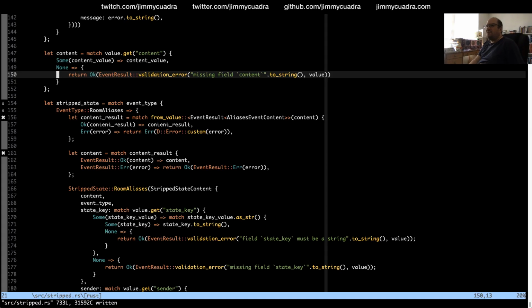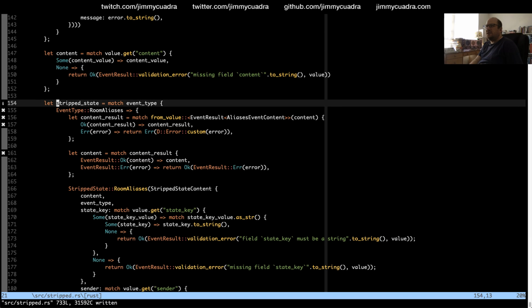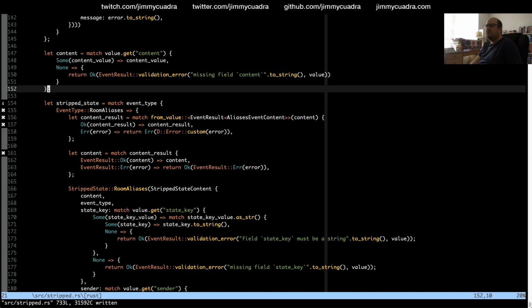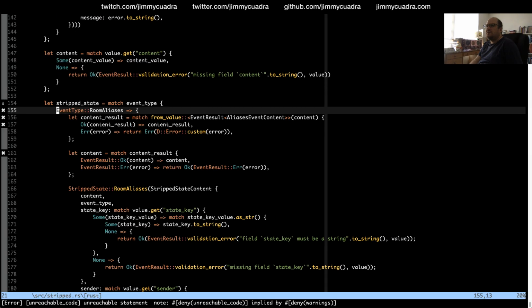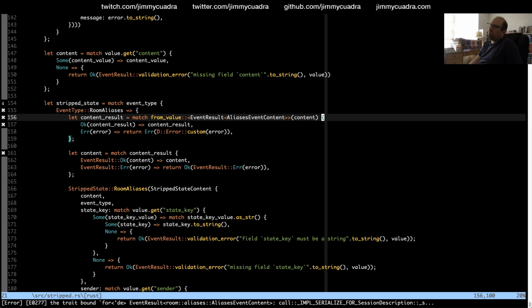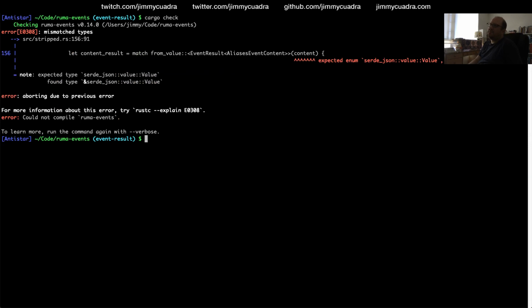Expected enum, found reference. I guess it needs to be cloned. That would seem right. I guess that seems right.